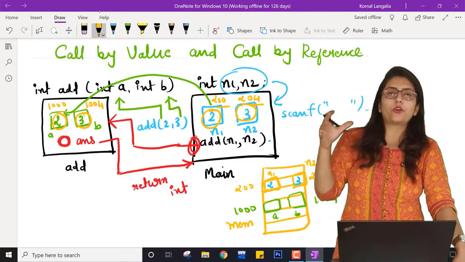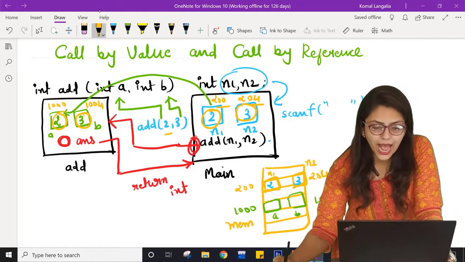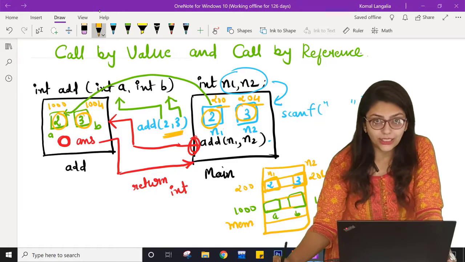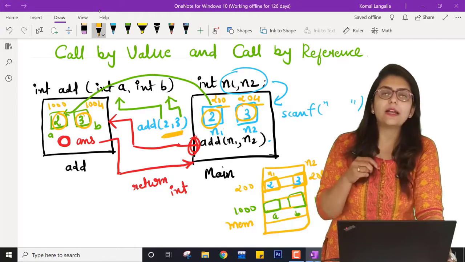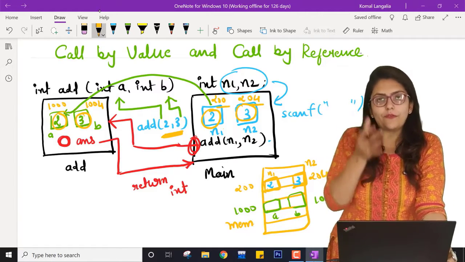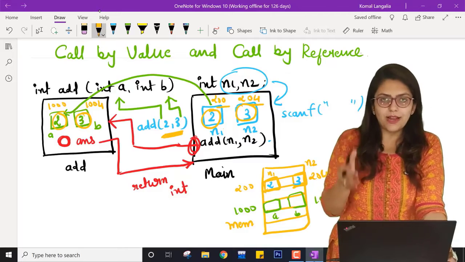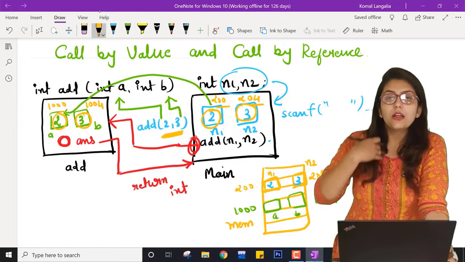So this kind of copying is named call by value. Here I am actually passing values. Passing values to the function parameters, or passing values as function arguments, is known as call by value.